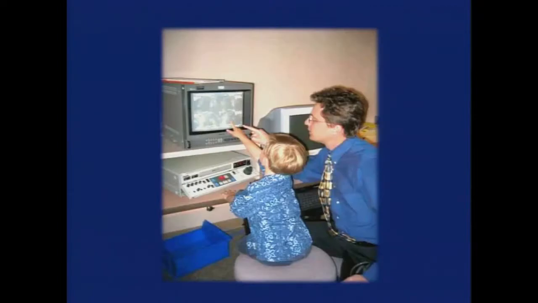Now, by way of introduction, I show you this picture. This is a picture of my little boy and I a number of years ago looking at a stress echocardiogram. You see, my son is pointing out to me where he thinks he sees a wall motion abnormality, and I'm trying to explain to him that the study is in fact normal. I think this highlights one of the limitations in echocardiography, and that is that the determination of global and, to a larger extent, regional function is subjective and dependent upon expert visual analysis. So at the end of the day, the report is likely going to reflect my interpretation of this study, as there's a perception in some places at least that I'm a more experienced echocardiographer than my little boy.